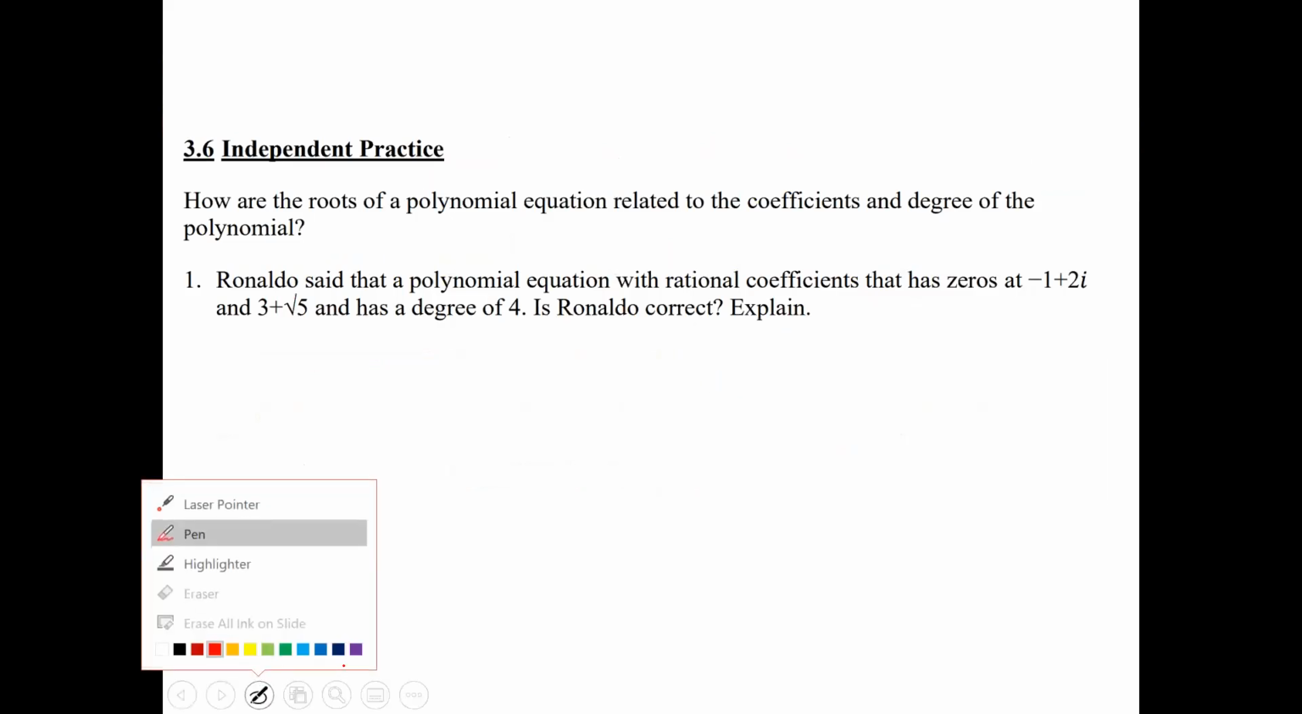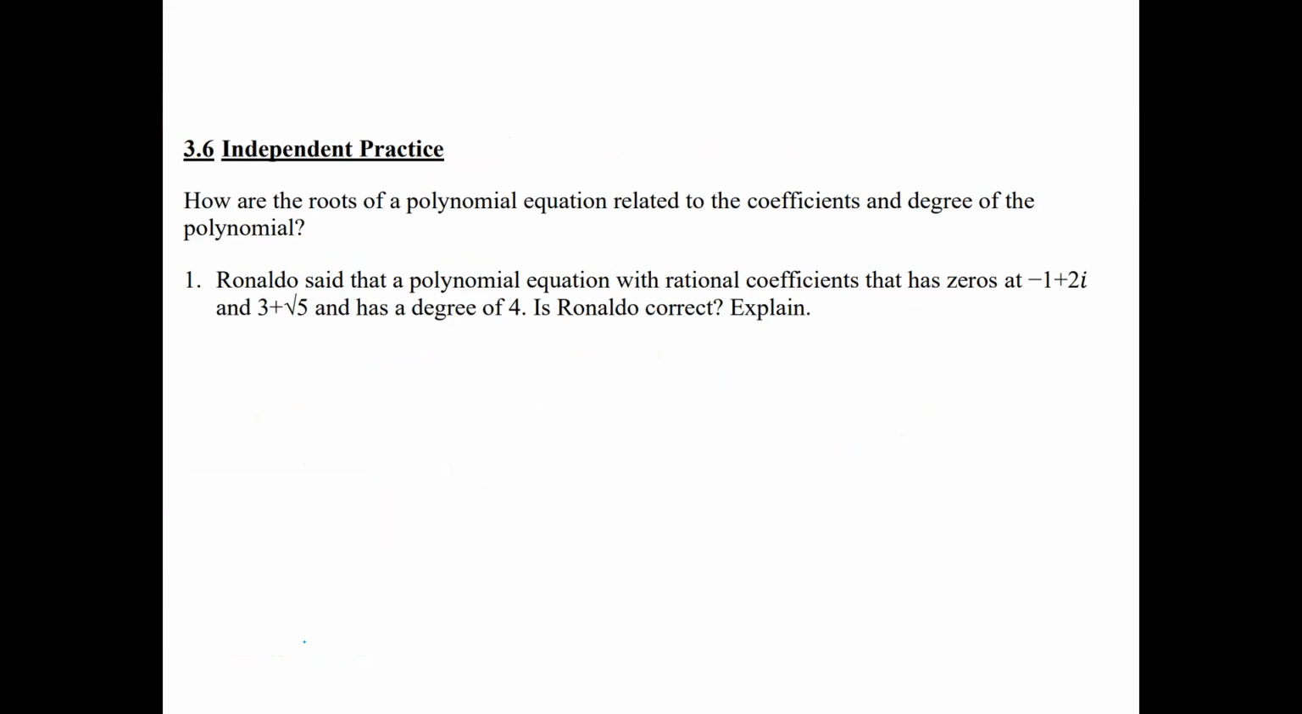Okay, so taking a look at the first one right here, it says Ronaldo said that a polynomial equation with rational coefficients has a 0 of this right here and this right there. So keep in mind these are zeros, okay? And it has a degree of 4. Is Ronaldo correct? He is correct, because if that's a 0, then you know your root is x minus -1